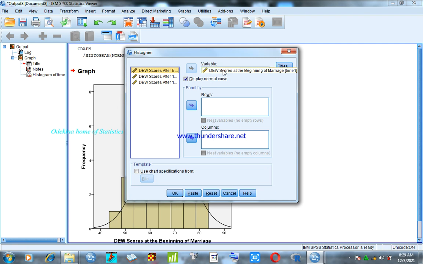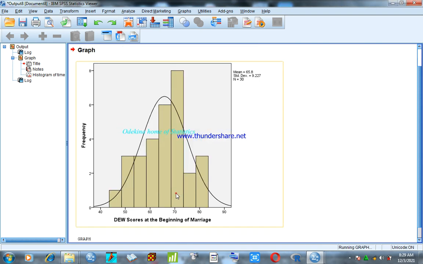So we'll select this variable and move it back. Then we move due scores after 5 years of marriage to the what? Variable box. Our display normal curve is selected already. So we click OK.